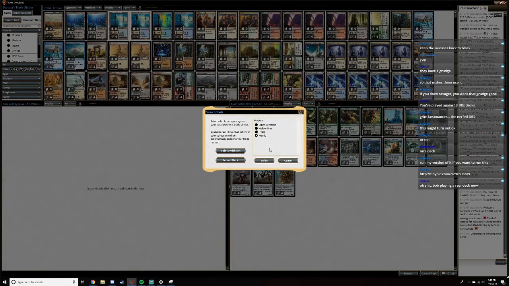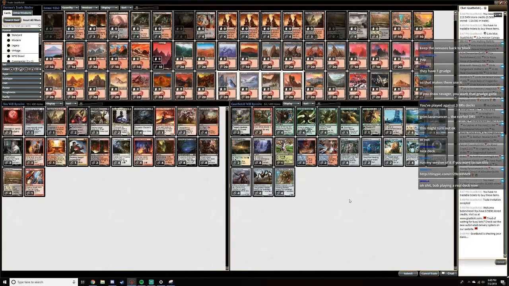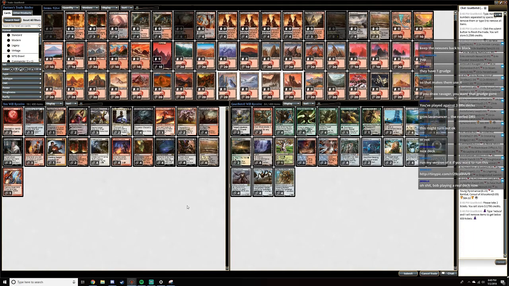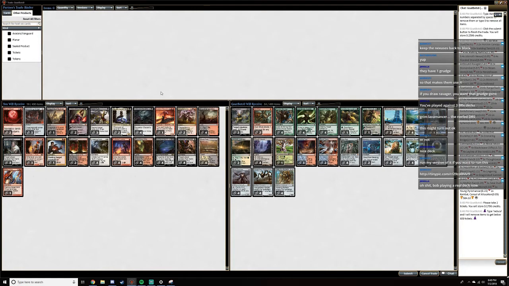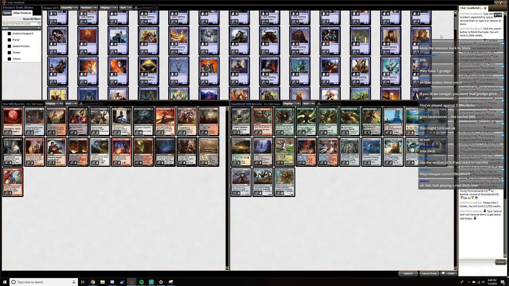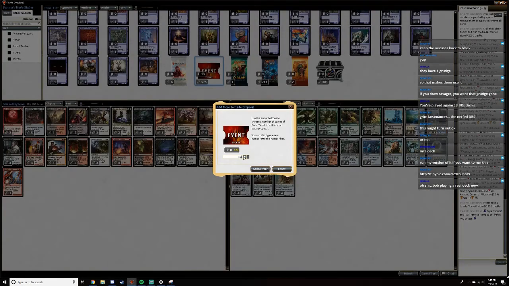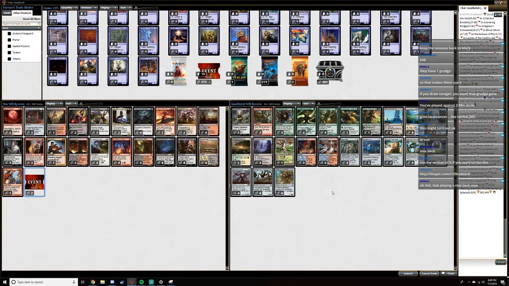Search tool, Mardu. Sweet. I should not need Sacred Foundry. Okay. So,